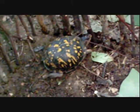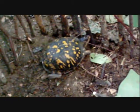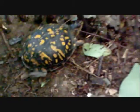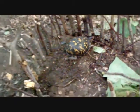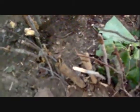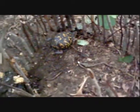Second of all, this is a box turtle, and box turtles can be harmful because of their diet. They eat a lot of stuff that is poisonous to man, so by ingesting their meat, it can cause you to become sick. But as you see, this is Harold in a little pen,